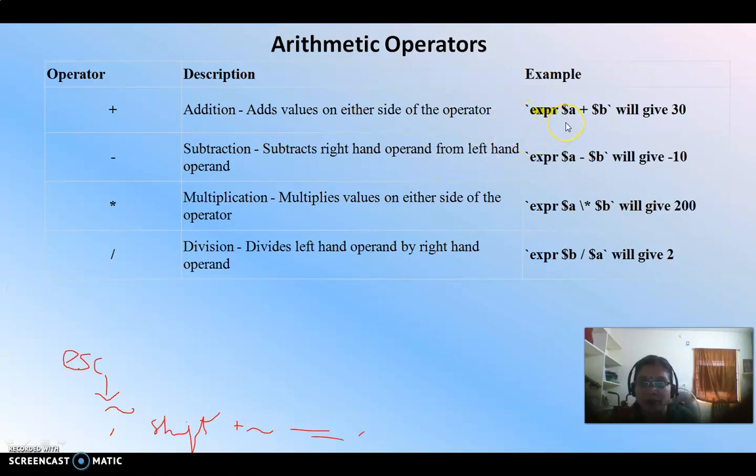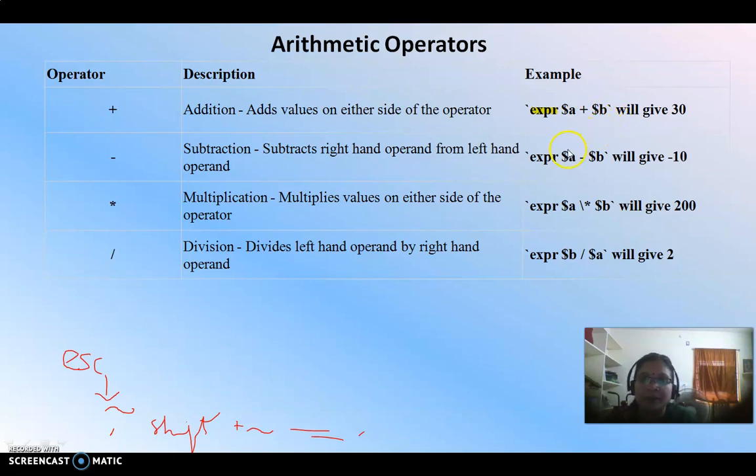$a means what? You can't use the variable directly. Whenever you have to use the variable, you have to specify the variable's value. a is simply the name of the variable, and $a means the value of that particular variable. So expr $a plus $b will give 30, if $a is equal to 20 and $b is equal to 10, since the addition is obviously 30.